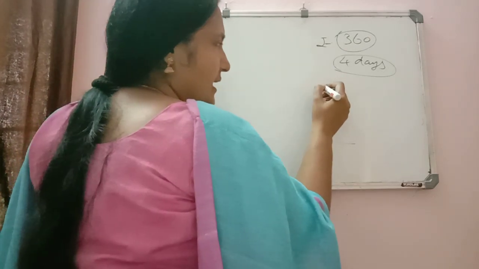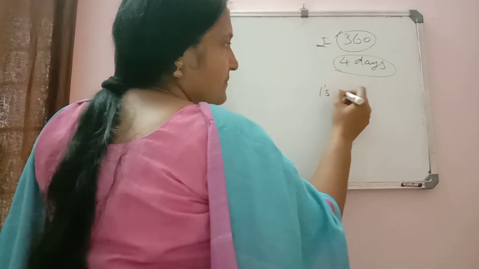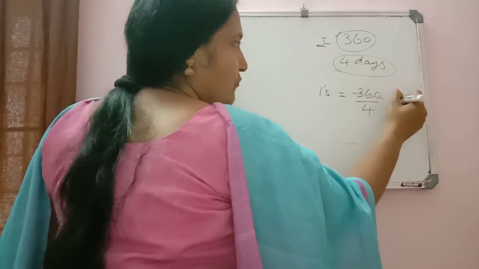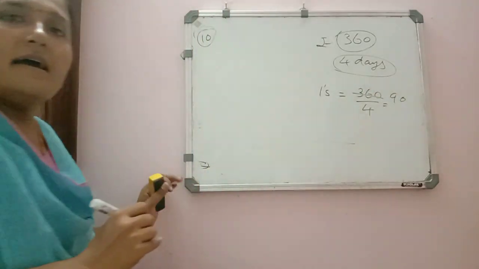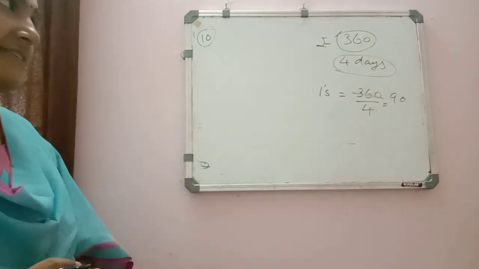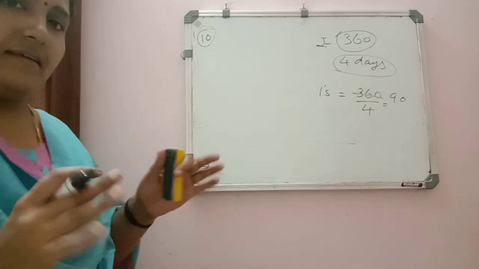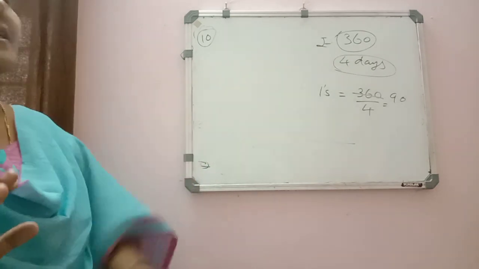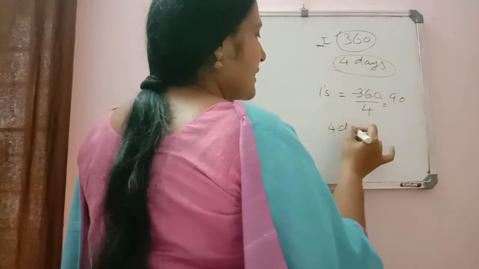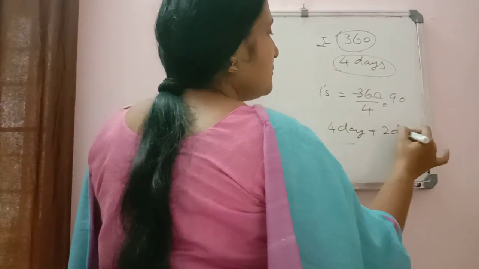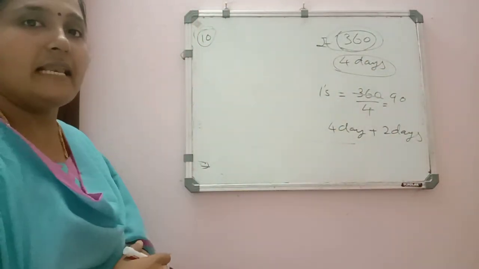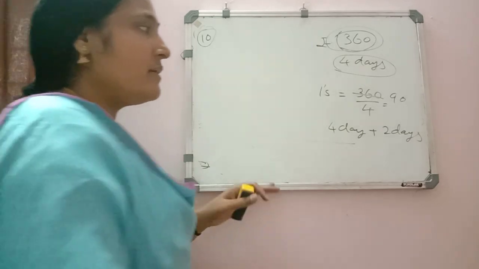So the share of 1 day, 1 day's expense will be equal to 360 by 4. So 1 day you can spend 90 rupees there. Now suppose due to some rain or any other reason, by any condition you have to extend your tour for 2 days more. Now instead of 4 days you have to spend 2 days more, but the amount is same with you. So you have to cut down your daily expenses. That is how we will do it.